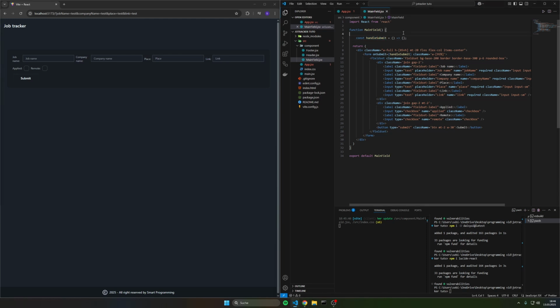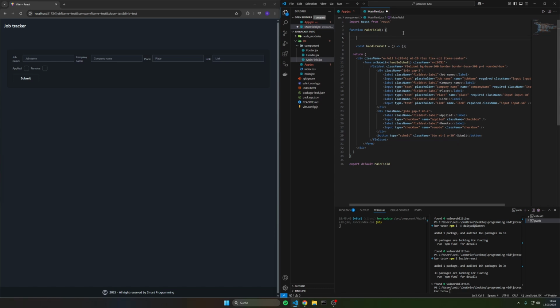So we will create an array, and for that we will use the useState hook from React. We also have to import it at the top. And first we have the jobs variable, and then we have the setJobs to add or delete any jobs. Then